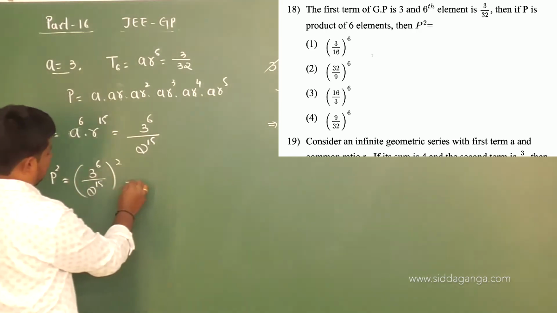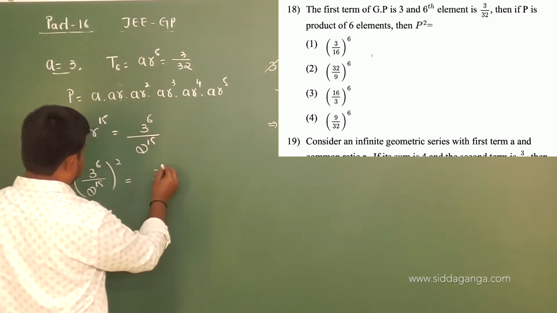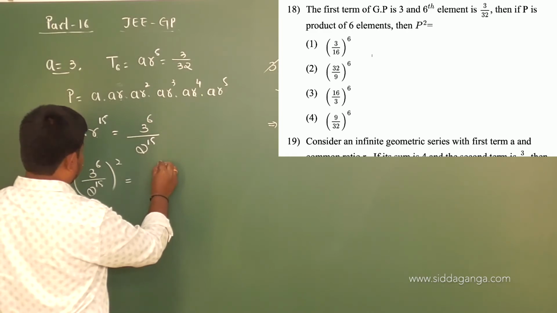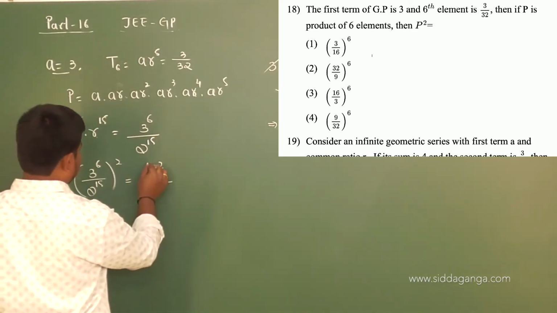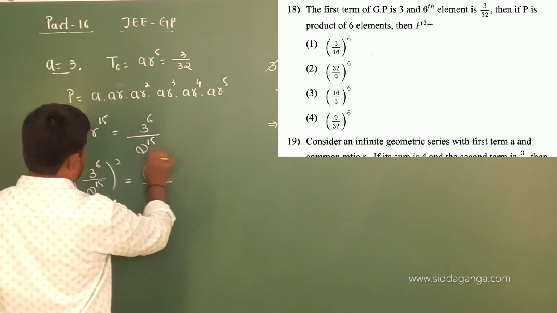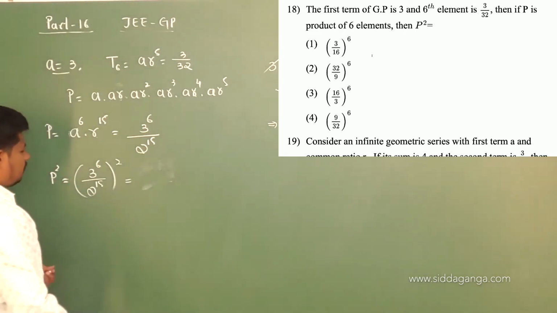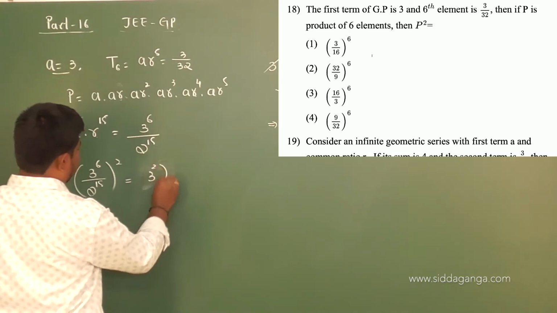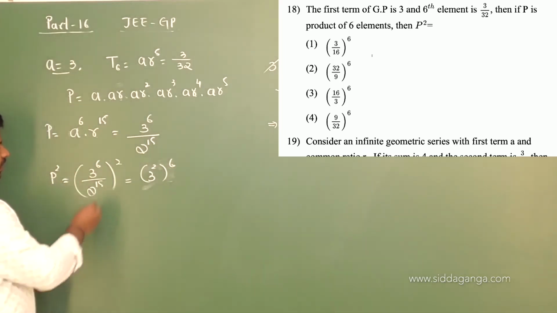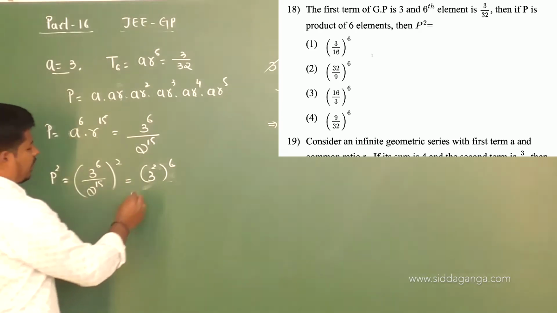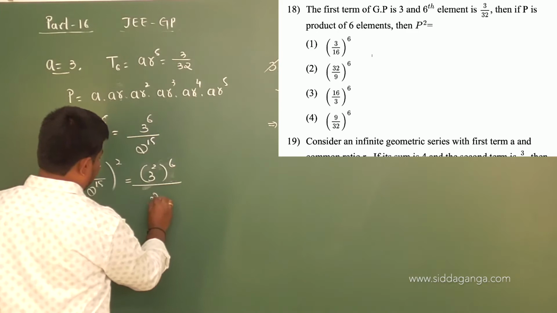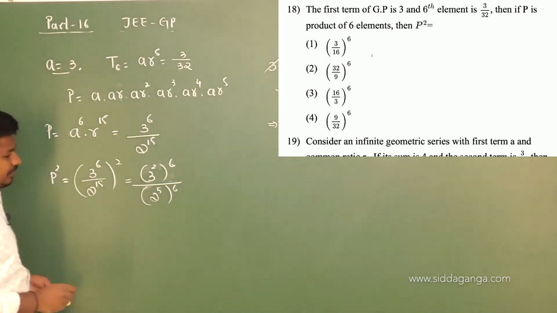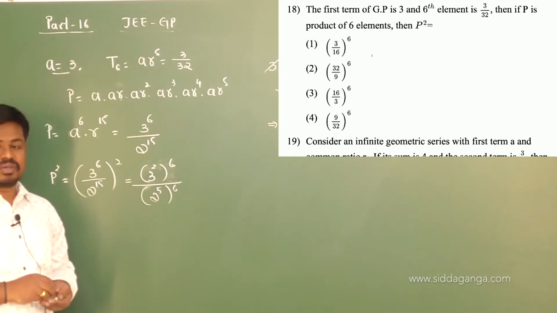So here I can write this one as 3 square whole square, or okay, 3 square whole power of 6. I can write this numerator like this, because 2 6 and 2 6 to the both are same. And here I am going to write 2 power of 6. Here 30 we have, no, 15 to the 30. So I can write 2 power of 5 whole power of 6, because in the options we have power 6 in all the 4 options.